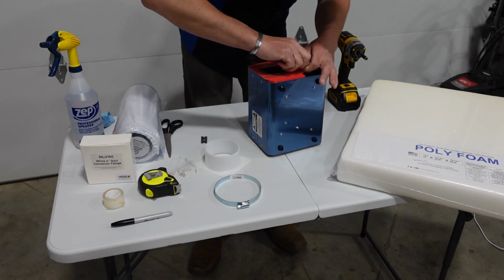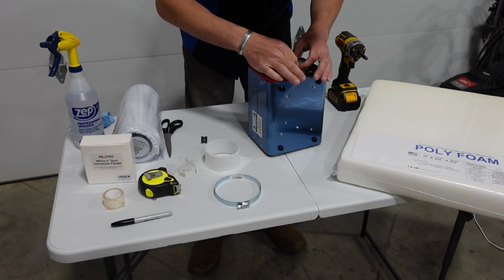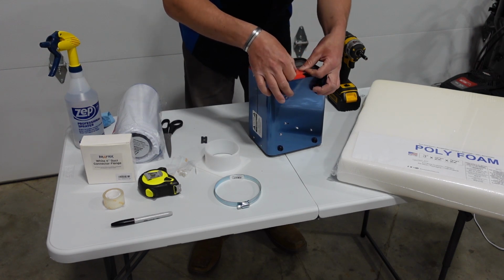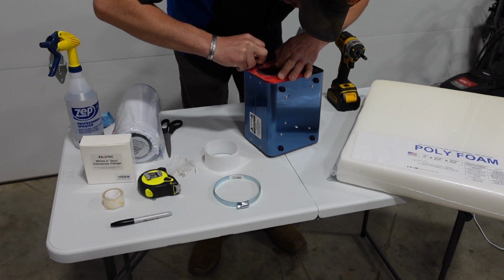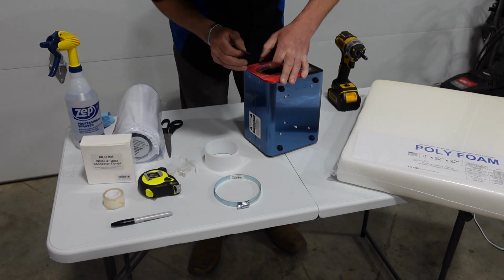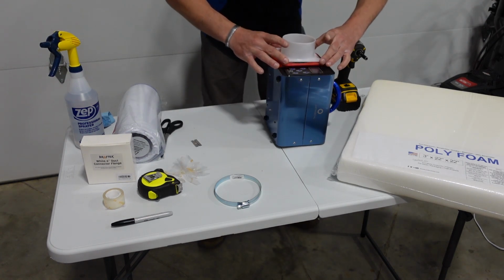You got to keep in mind that wherever your tape corners or ends come together, where your seams are, that's going to be a potential area for your air to escape. So you got to keep that tape butted up tight to each other. And you're going to want to have a nice sharp new utility blade, because this stuff does not cut very well. And now we will carefully align our screw holes and